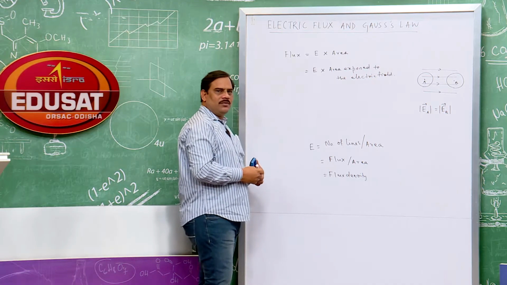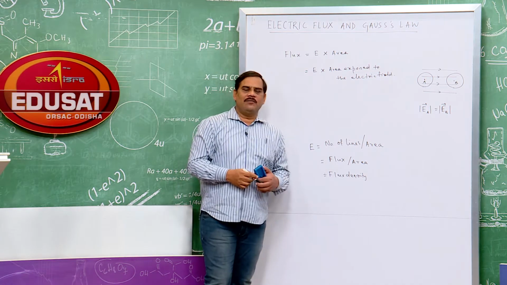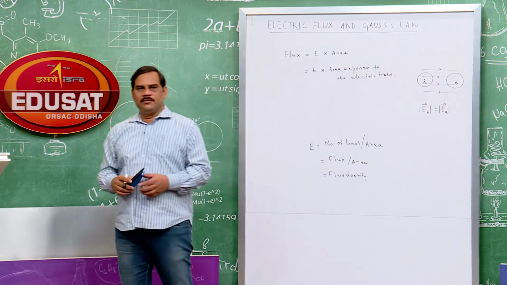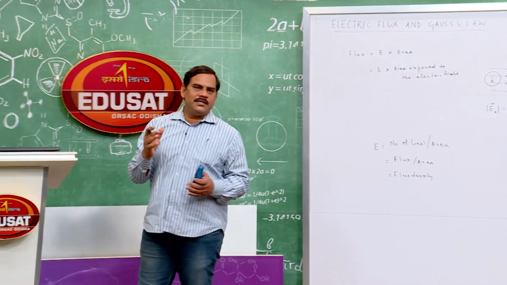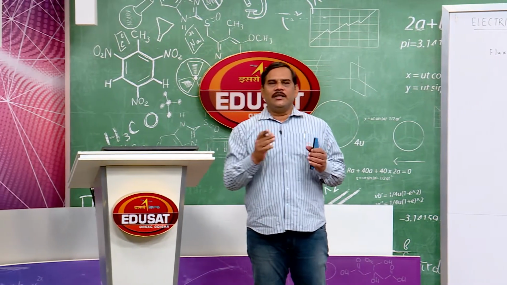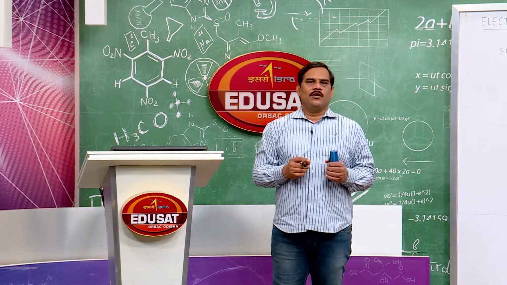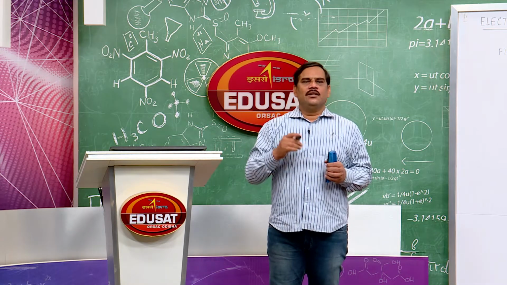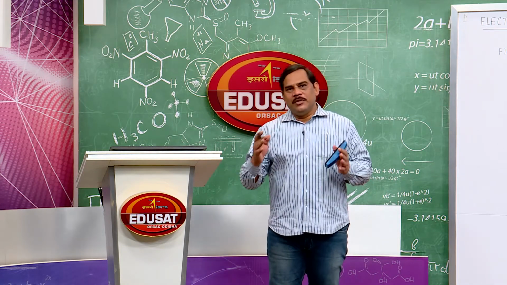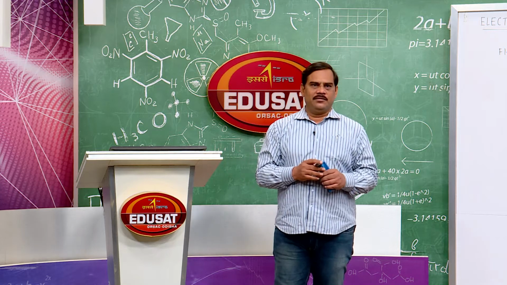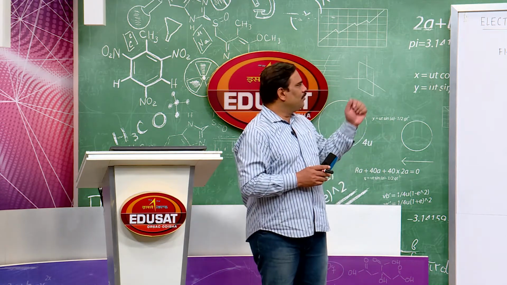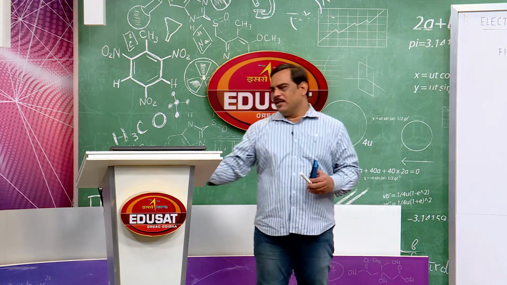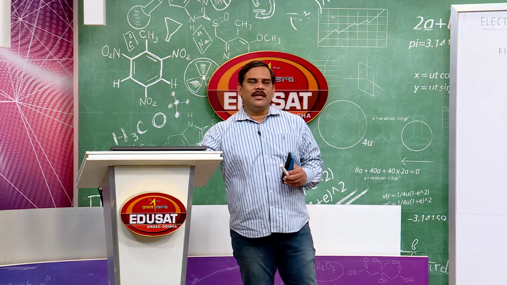Since area is a vector quantity, the direction of area is perpendicular to the surface. Therefore, when a surface is exposed to the electric field lines, it will not always encounter the total geometrical area of the surface. So, we are talking about the area exposed to the electric field. Now, let us see what is the meaning of area exposed.